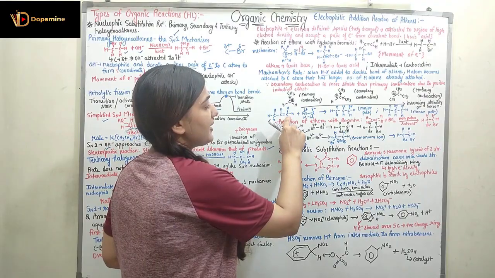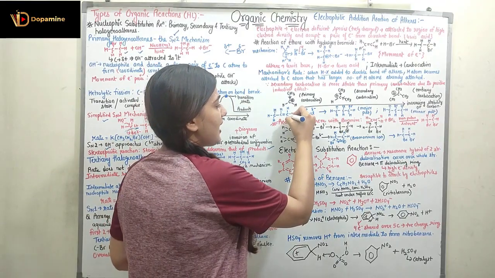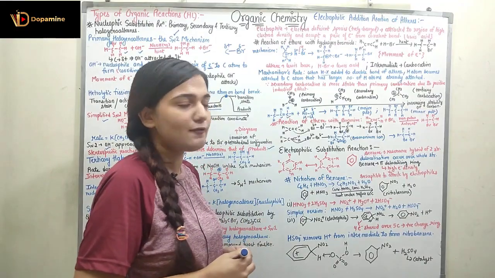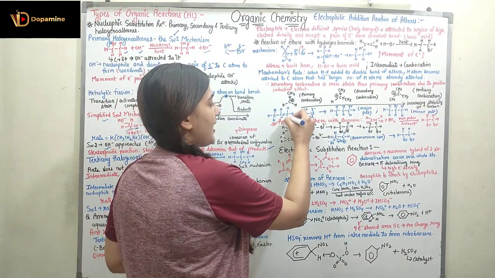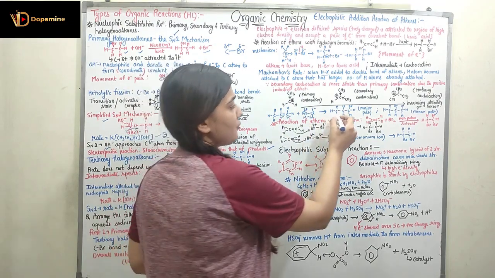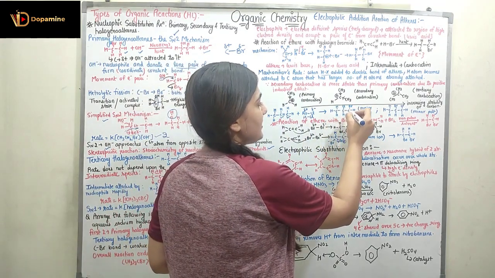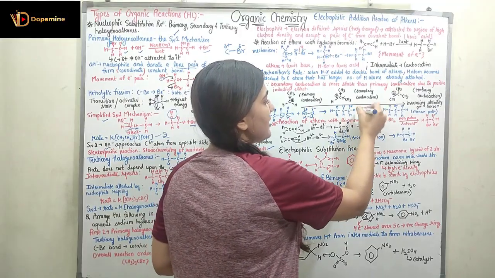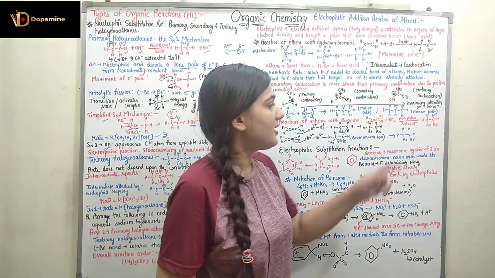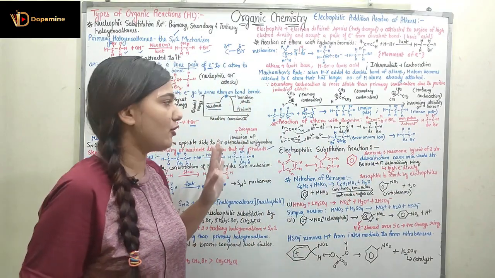The double bond will break and bromine is going to attach to this carbon and chlorine will attach to this carbon. If HCl was present, then hydrogen would be connected to this carbon and Cl to this carbon. So we are going to get CH3, CHCl, CH2Br. This is my major product. Some minor product will also be formed, CH3, CHBr, CH2Cl, according to Markovnikov's rule.